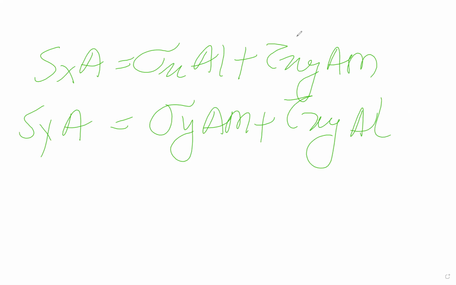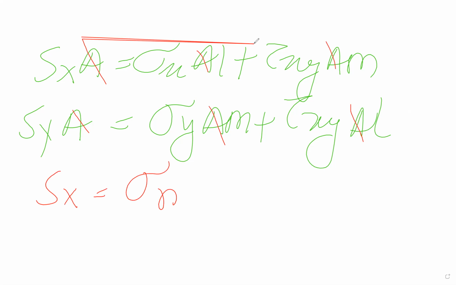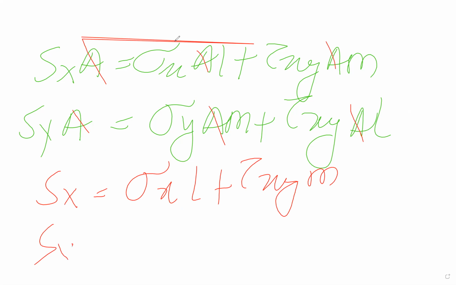If we cancel all the A, we have the equations: Sx is equal to sigma x L plus tau xy M. Similarly, Sy is equal to